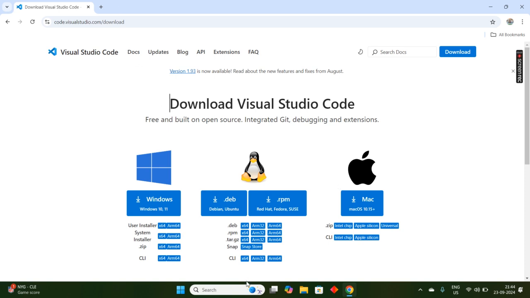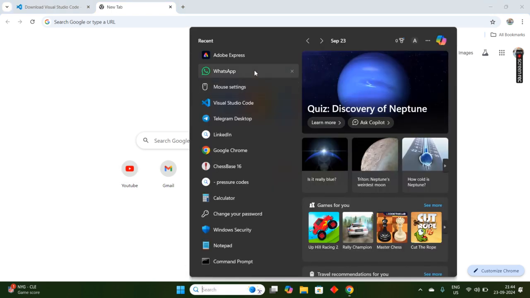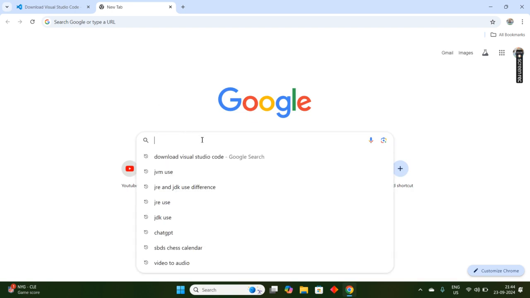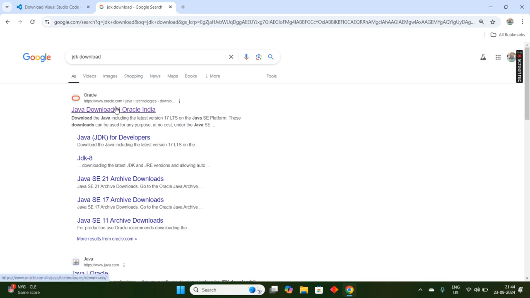Okay. But there is another thing. Just only downloading Visual Studio Code is not enough. There is another thing you have to download. First, let me show you that thing, and then we will come back to our Visual Studio Code software where we are going to code in Java. You have to go to Google and search for JDK download. JDK stands for Java Development Kit. You search for it, JDK download, and you go to the first website, Oracle. Java downloads Oracle India. You click on it,